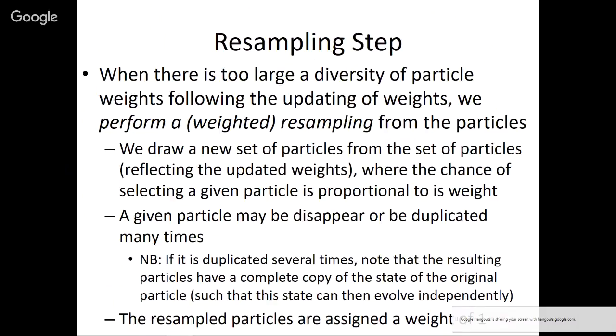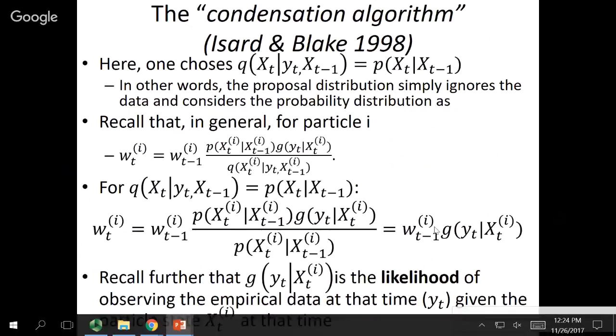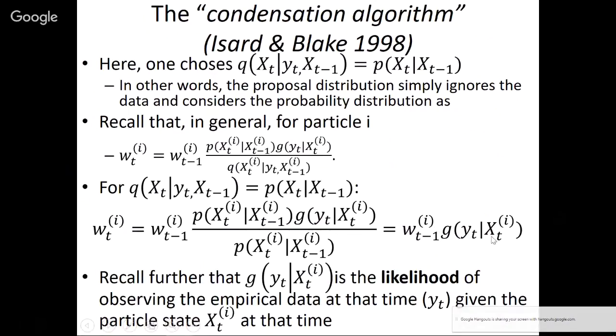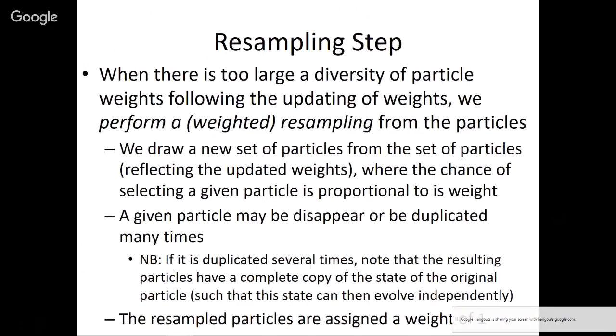In addition to adjusting the weight, you'll notice till now we've been talking about adjusting the weight: increasing the weight if we observe something that's consistent with what a particle posits as being the case right now in the world, or lowering the weight if we observe something that's very implausible given what's in the world. In other words, the likelihood function is small. The other thing which happens after that is, if there's too large a diversity of particle weights following the updating of weights,